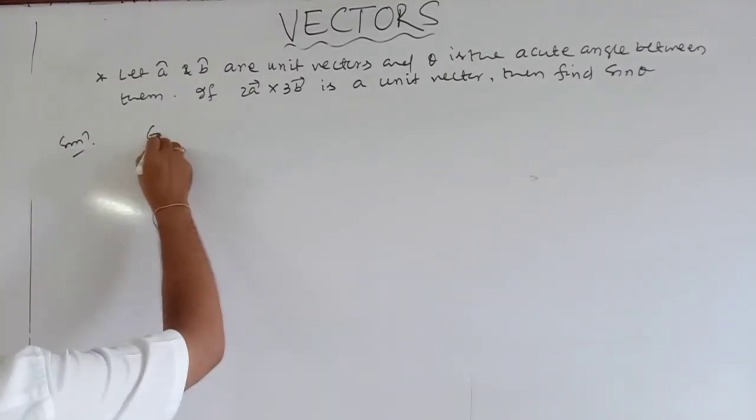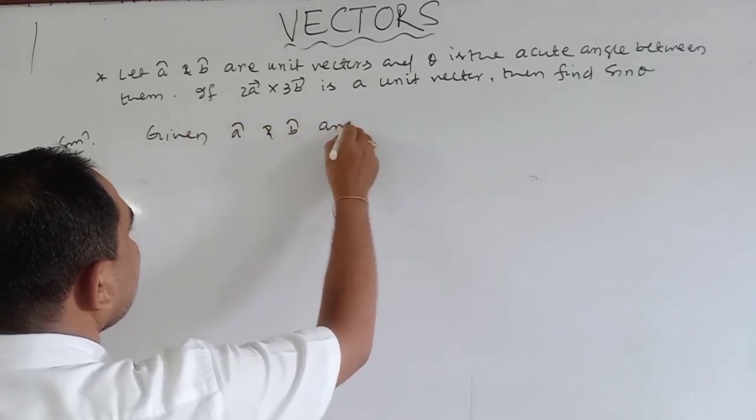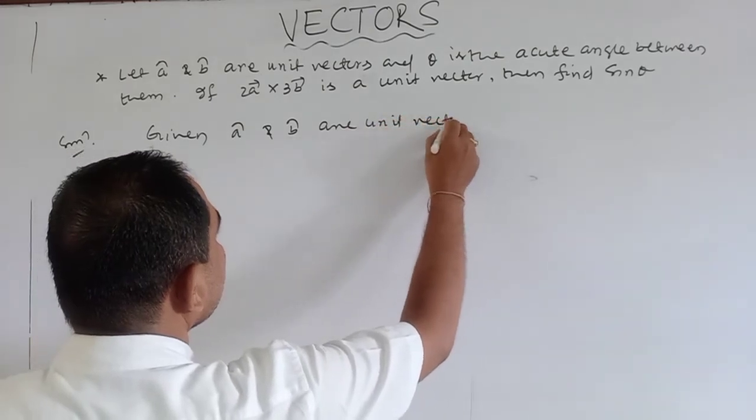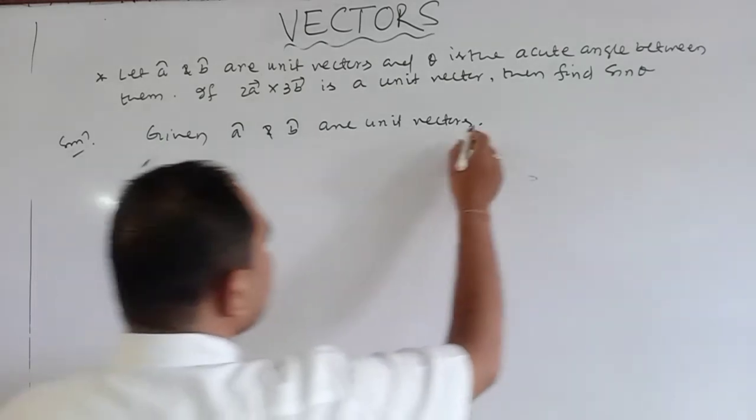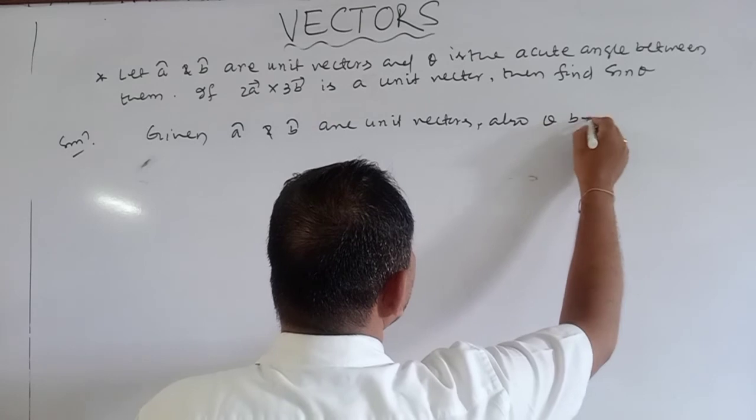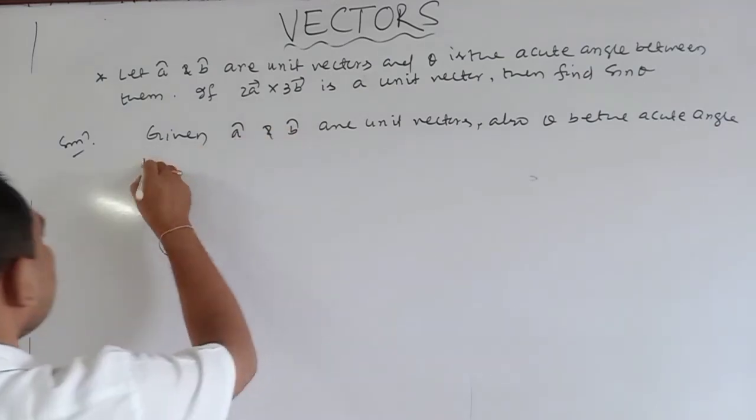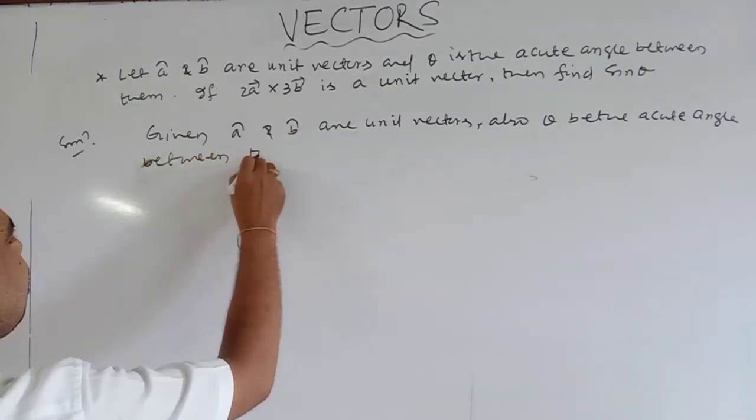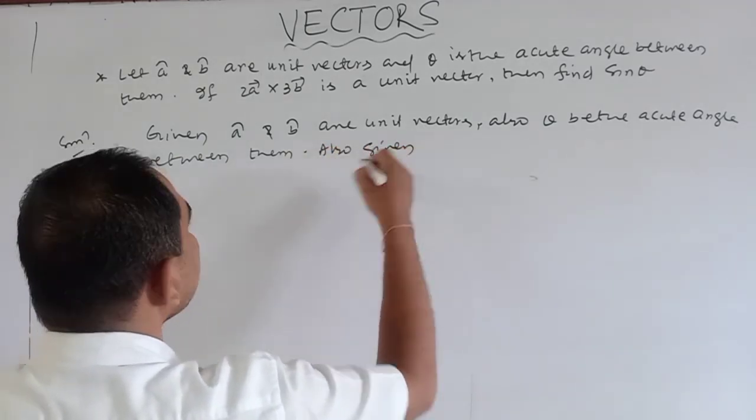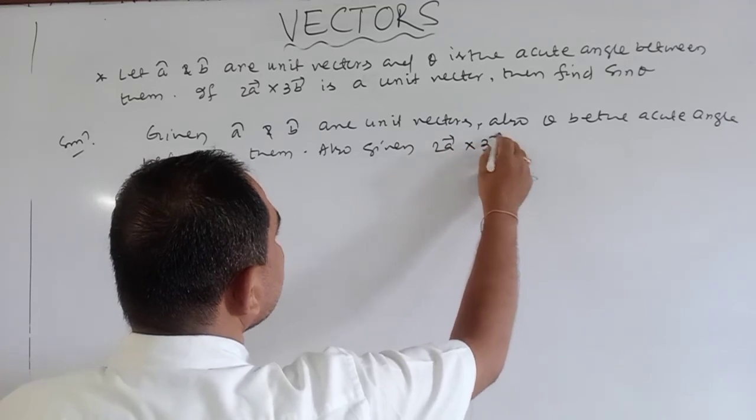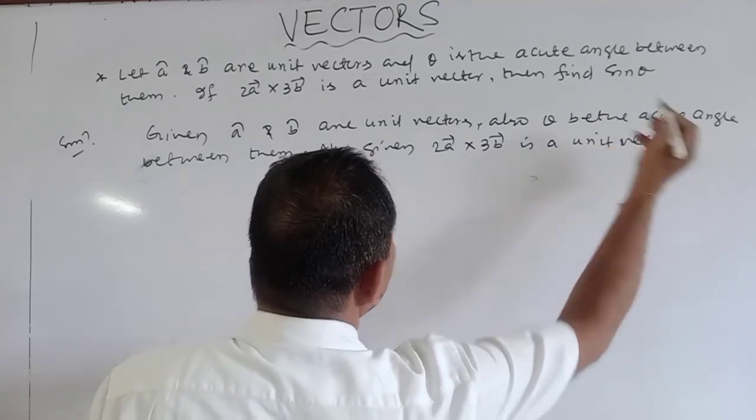Solution: given a cap and b cap are unit vectors, and also theta be the acute angle between them. Also given 2a cross 3b is a unit vector. Therefore